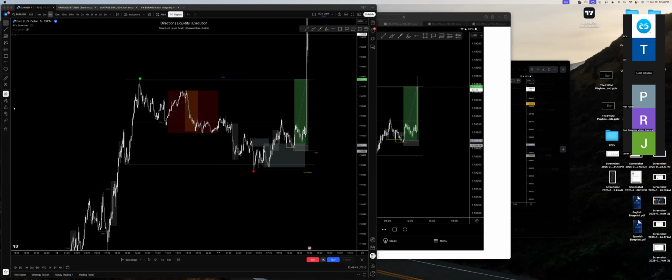So this is just a DLE built-in model where direction, liquidity, and then execution. And then this being a traditional sweep, rather than an implied sweep, the traditional sweep can usually be a bit more conservative. So that's the gist on the model.